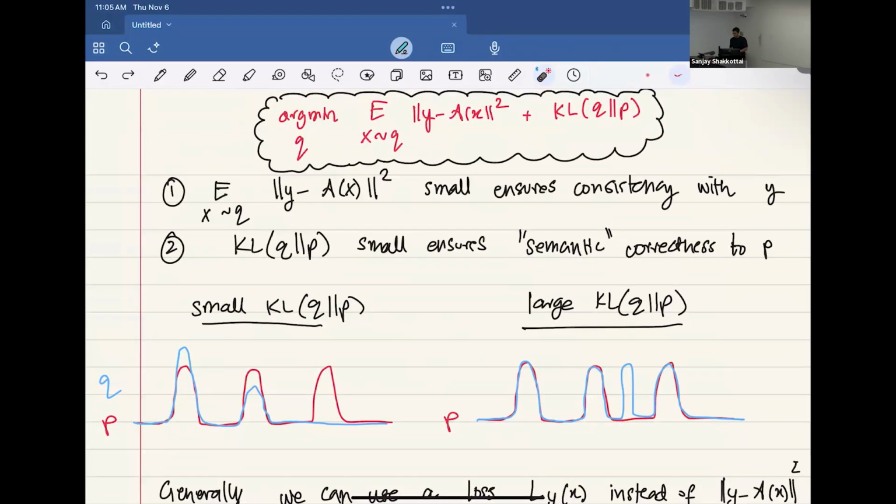This is a couple of comments on what this loss is. So I just rewrote it over here. First of all, of course, we're trying to minimize this reconstruction error. And then also, the point of having this KL term is to maintain some kind of